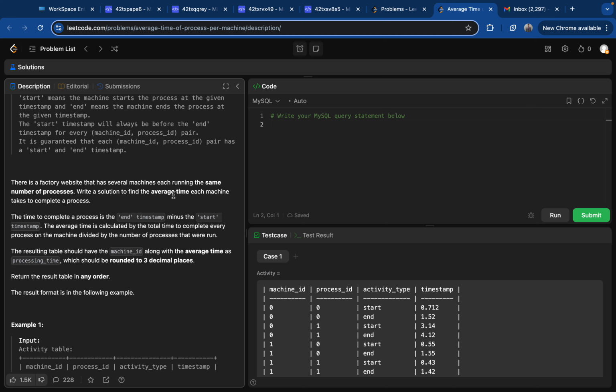Write a solution to find the average time each machine takes to complete a process. If we understand the question, it means that for this one, the time required to complete the process is 1.52 minus 0.712, and for machine ID 0 and process ID 1, the time will be 4.12 minus 3.14. And then if we look for the formula of average, it means that average is